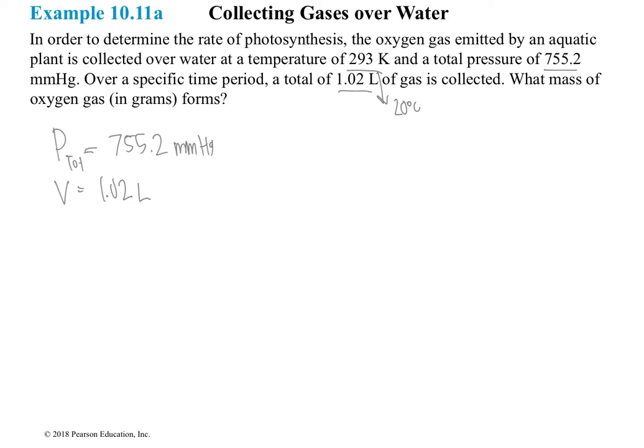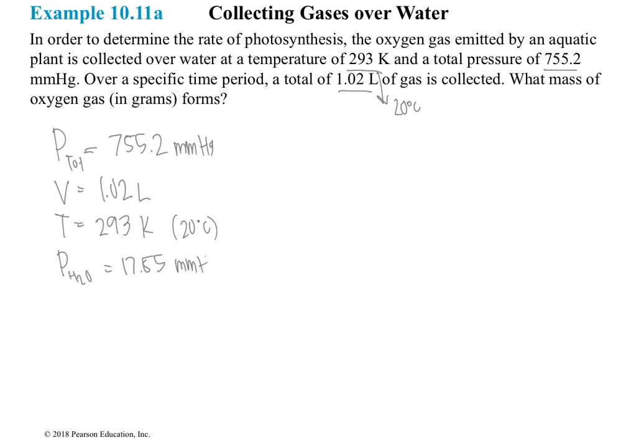So, and I know the temperature, 293 Kelvin, and I'll put 20 degrees Celsius. That will help us to look up in the table. So if I go back to that table, I know that at 20 degrees Celsius, the pressure of water is equal to 17.55